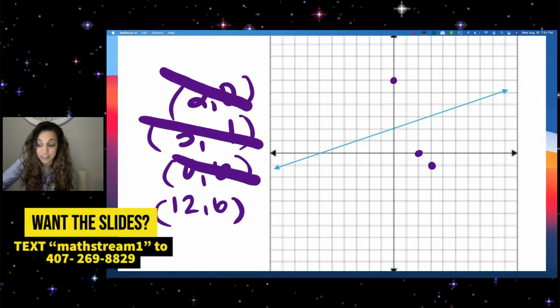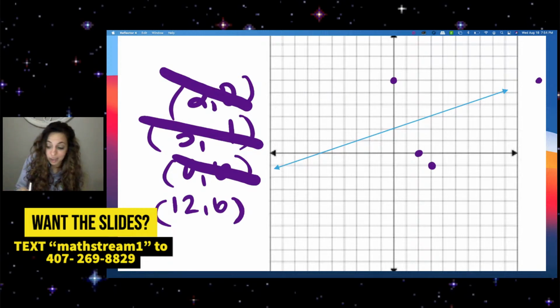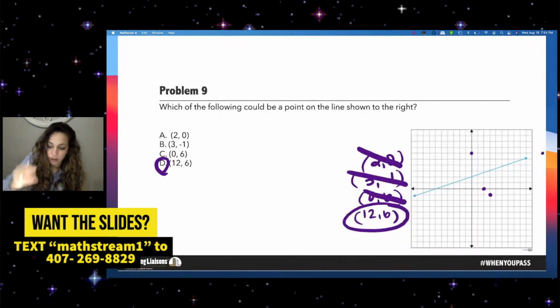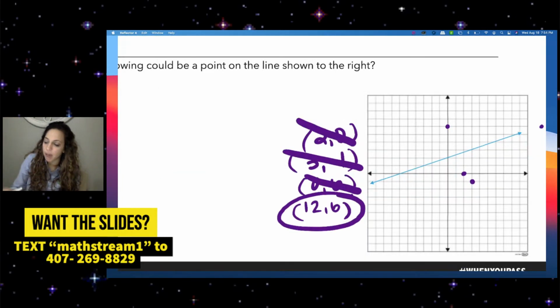That's not on the line either. (12, 6). 1, 2, 3, 4, 5, 6, 7, 8, 9, 10, 11, 12. 1, 2, 3, 4, 5 is going to be somewhere up here. That looks like it could be on the line, but fun fact, it's the only answer choice that we didn't cross off right away. So D is going to be the correct answer,